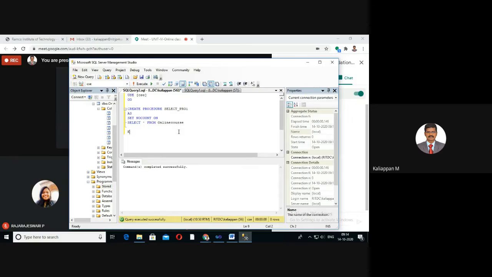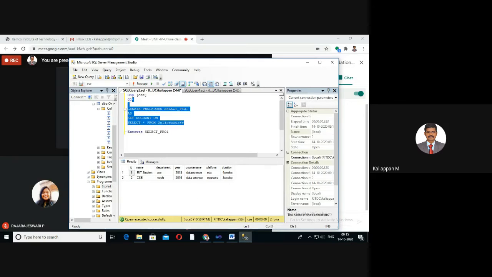Execute your stored procedure name. Then select this statement alone and click on execute. You will get the result.